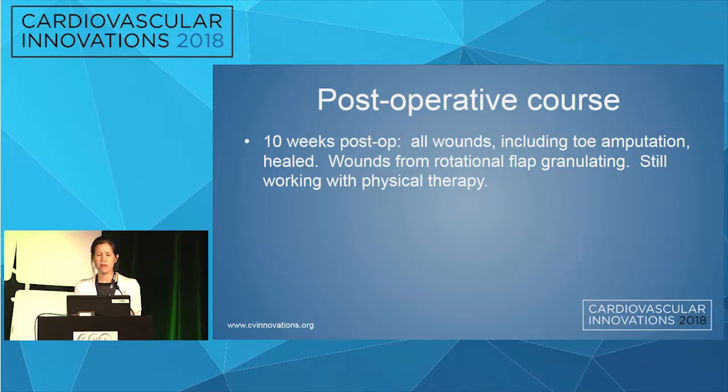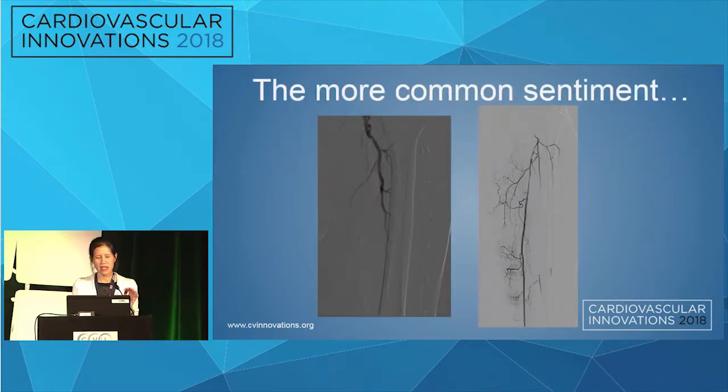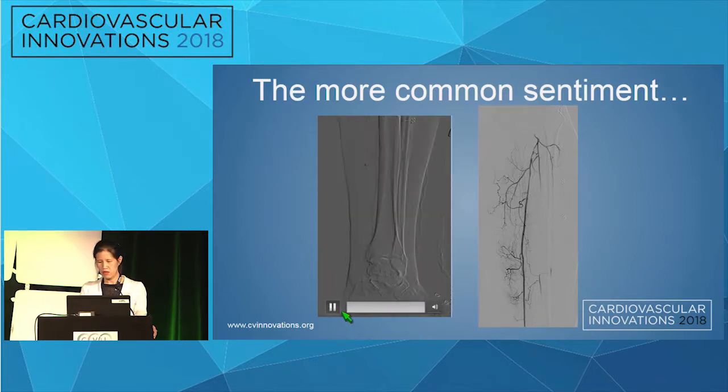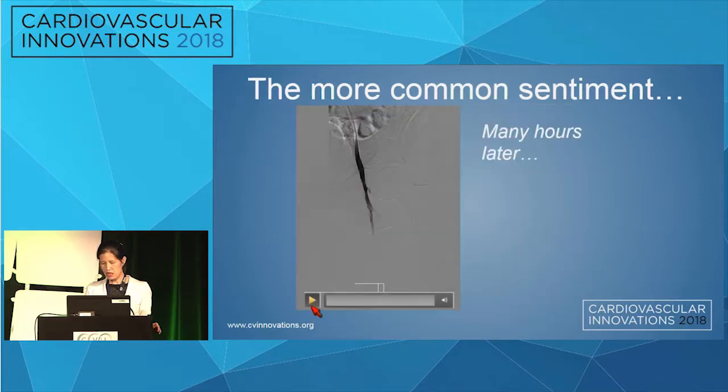So in hindsight, in 2020 hindsight, this patient probably would have done better if we had done retrograde pedal access, recanalized the SFA, and treated the PT. But I have to admit, it can go both ways, because oftentimes we will embark on aggressive endovascular limb salvage in cases like this, where we have a flush SFA occlusion and occluded stent, and we try for a long time. We did retrograde access through the PT here, and we ended up with a good technical result at the end, many, many hours later, with inline flow to the AT and also to the PT. You just can't see it for the sheath here.